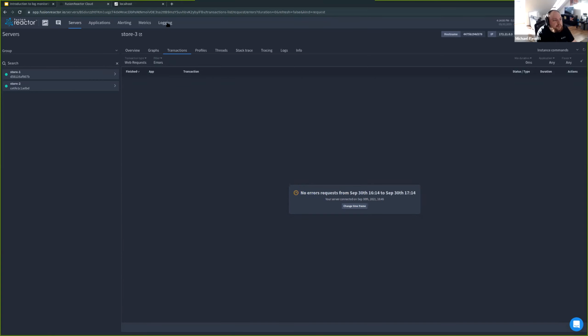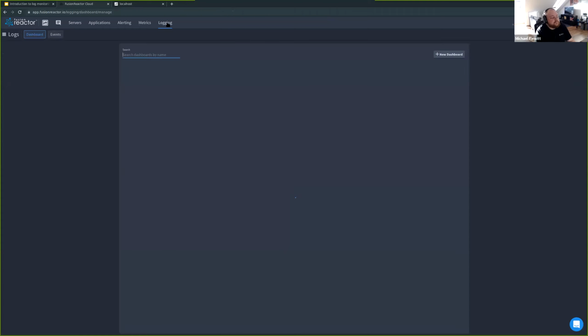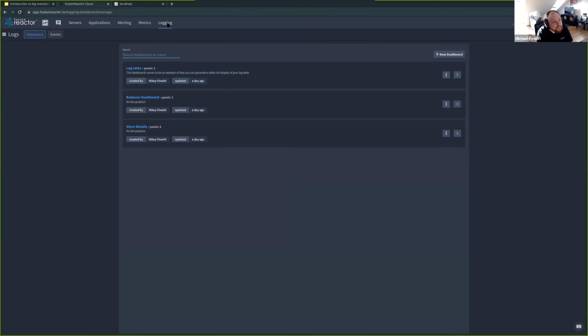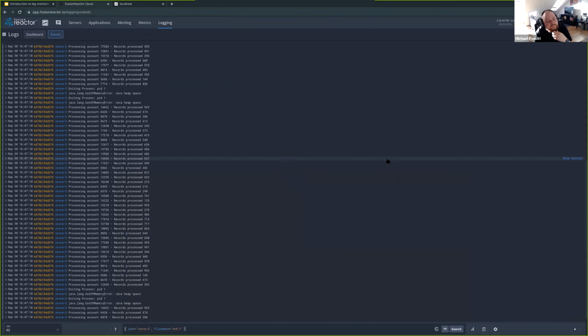So what I'm going to do now is I'm going to go to logging. So I'm going to look at my events. And here you can see I'm running a query, and it's actually processing the standard. It's a wildcard match. It's processing anything that begins with the text standard on my server. Right now, you can see I'm specifically targeting server 3, and it's showing me the final logs before the crash